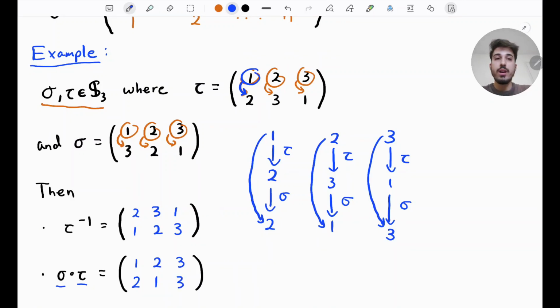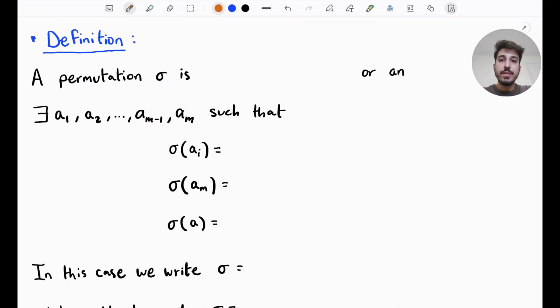So these are very useful examples to help us understand how to explicitly describe each permutation and their composition in Sn. Now the example that we've seen takes a little bit of time to explicitly describe where the permutation sends each of its elements. So is there a way to describe the same permutation but in a shorter method? Yes, there is. And now I will be defining what a cycle is so that we can get started on this shorter way. A permutation sigma is called cyclic